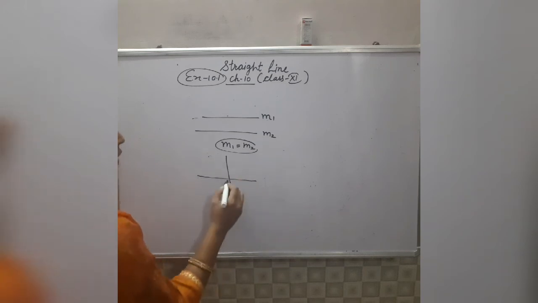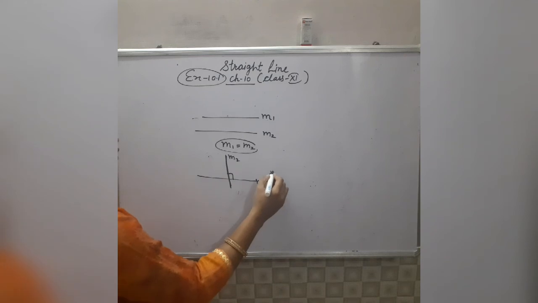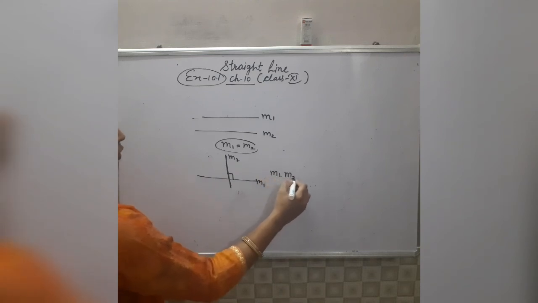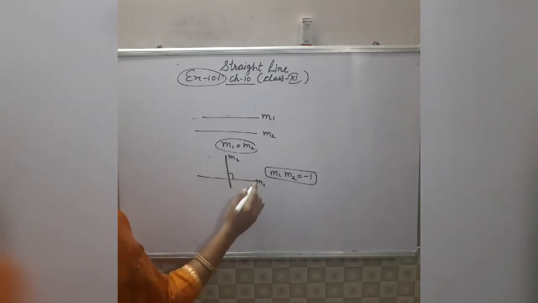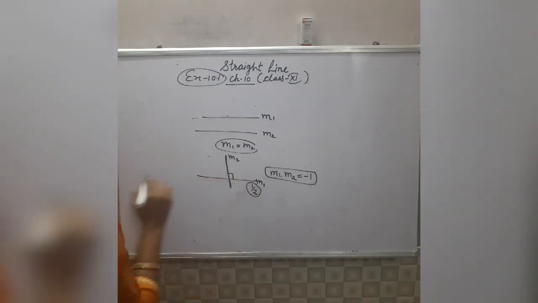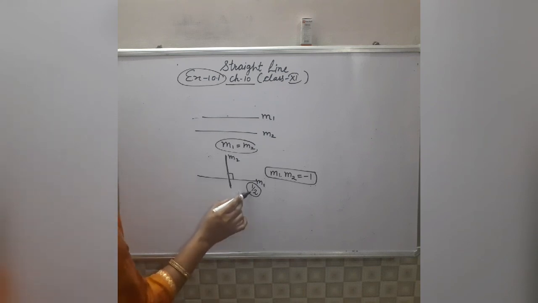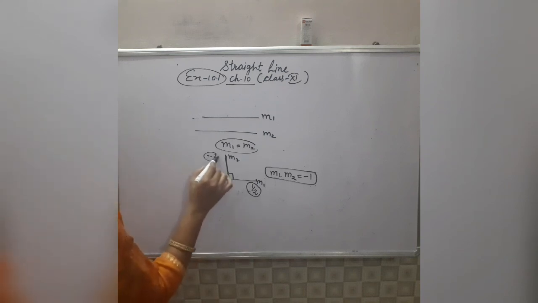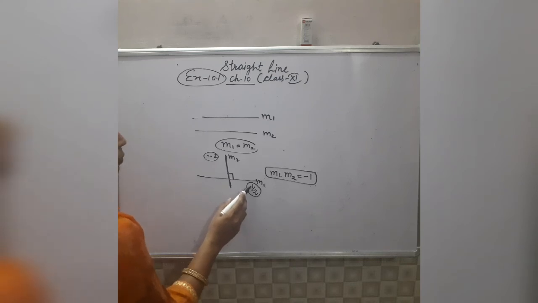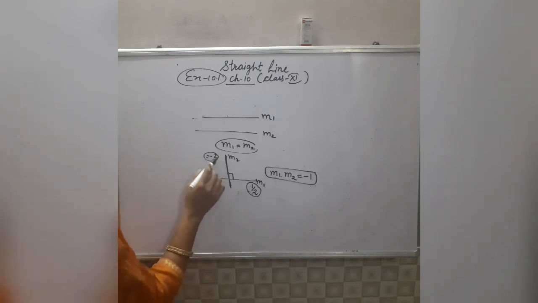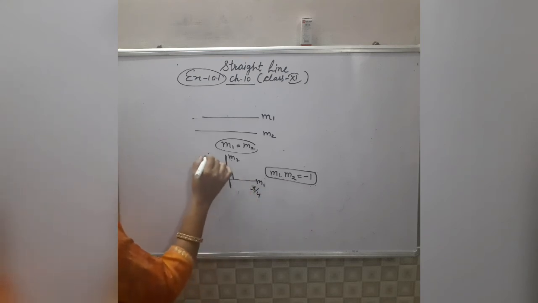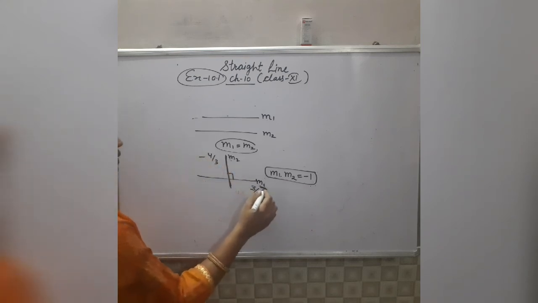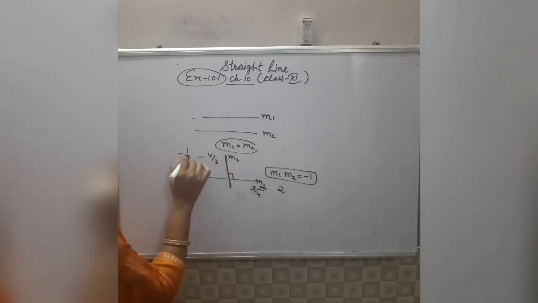And in the case of two perpendicular lines, suppose m1 is the slope of the first line and m2 is the slope of the second line. In the case of perpendicular lines, the product of the slopes of these two lines will be -1. Or you can say, if two lines are perpendicular and you know the slope of one line, suppose 1 by 2, then by taking the negative and reciprocal of this value, you get the slope of the other line. The negative reciprocal of 1 by 2 is -2, so the slope of the second line will be -2. Suppose the slope of the first line is 3 by 4, then the slope of the second line will be -4 by 3. If the slope of the first line is 2, then the slope of the second line will be -1 by 2.